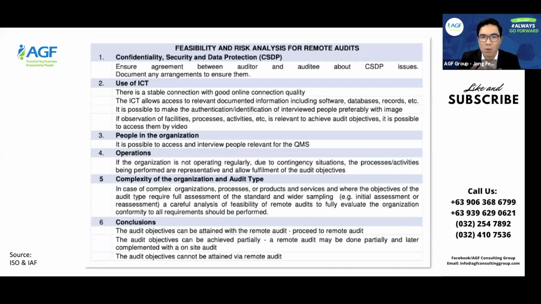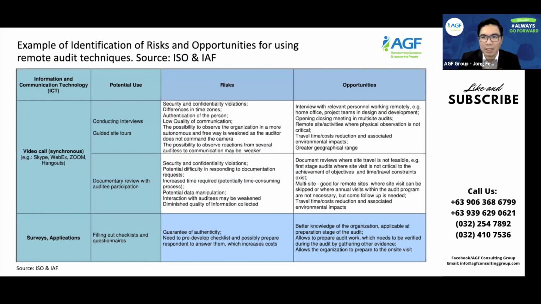Now, so more on risk analysis. So take a look at this. I'm going to share you another slide here. Yeah, it's showing up in your screens right now. So on the first column there, you can see information and communications technology. Let me just use my annotation here. Okay, so this one right here, information. This is the technology. Take note that that's the technology. How do we use it? What are the corresponding risks? And of course, what are opportunities?